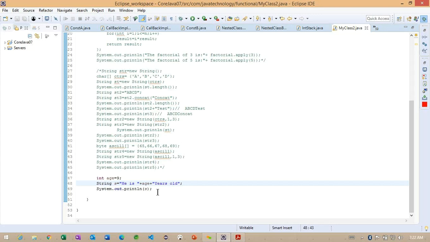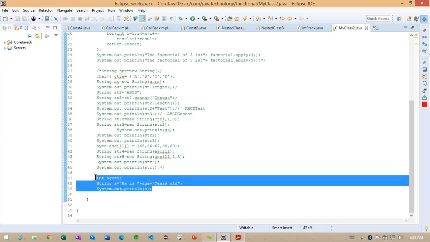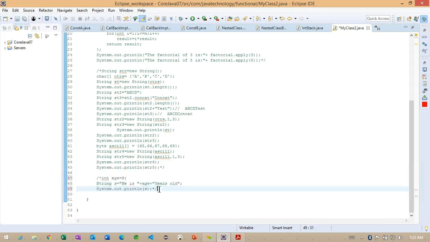But one more important thing I want to share here. After this example, carefully observe, I want to create a string. Here I am specifying 4, and 2 plus 2.